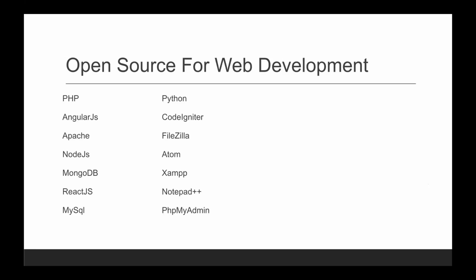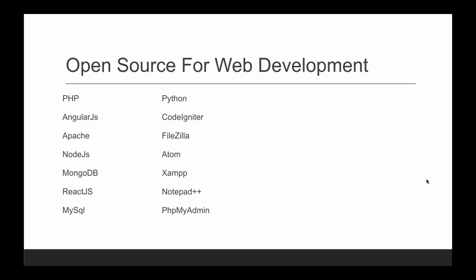I'm sure many of you might be thinking about starting a career as a web developer in the upcoming years. Then these are some open source products which you might use, as earlier mentioned. There's PHP. It's a server-side scripting language. It's an open source language, and many websites and popular products like e-commerce products like WordPress and all, we will see in the next slide. There are lots of open source products built in PHP, which you can use.